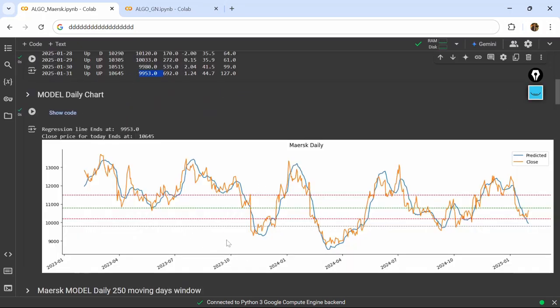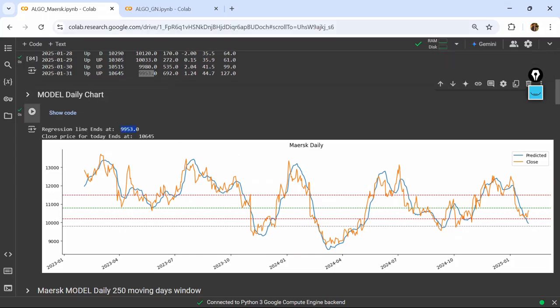But this chart has been designed on yearly data. So for example, today the model price here is 10,625. This is the closing price, friends, and this is the regression line. The regression line ends here. So this value is calculated from the last 25 days. It has been calculated from here, for example, to here. If these are 25 days, then it is calculated from this. So the moving window behaves like this: last 25 from here, last 25. So it will behave like this, as I explained earlier.